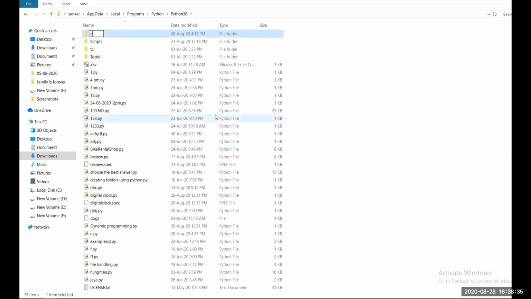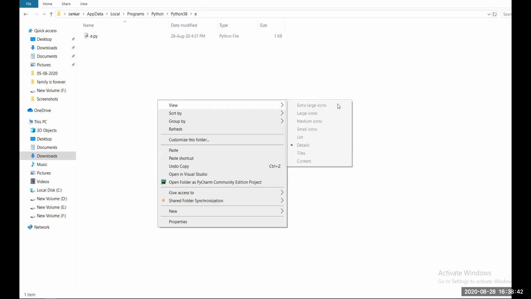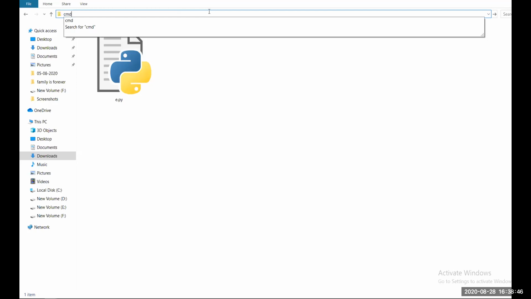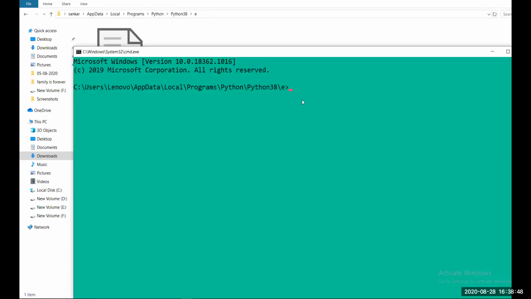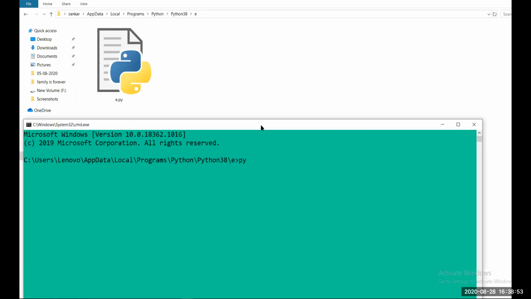I'll name it E, press enter, and paste e.py here. Click here, give cmd. Then the command is pyinstaller, then give hyphen hyphen onefile.